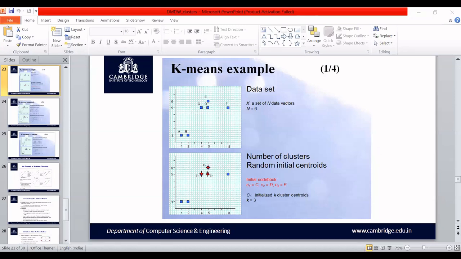Initially, you had assumed your centroid as 5.0, 7.0, but from the application of k-means, you are able to find the centroid value is nothing but 4.1 and 5.4. So this is your new centroid value for cluster 2 and the new centroid value for cluster 1 is 1.8 and 2.3. So a centroid is a point which is situated in such a way that it is somehow equidistant with all the other points. So initially whatever we had randomly assumed has now evolved into the correct centroid or correct cluster values.